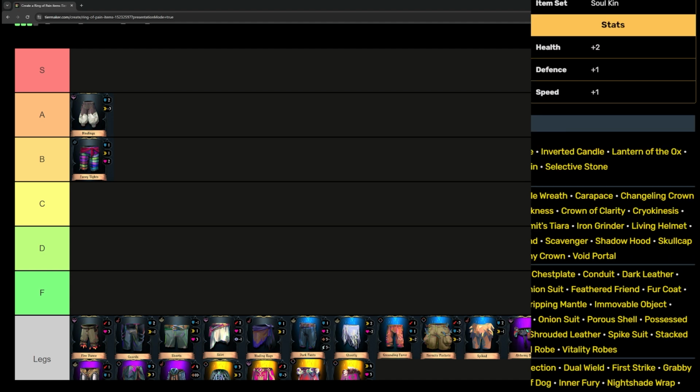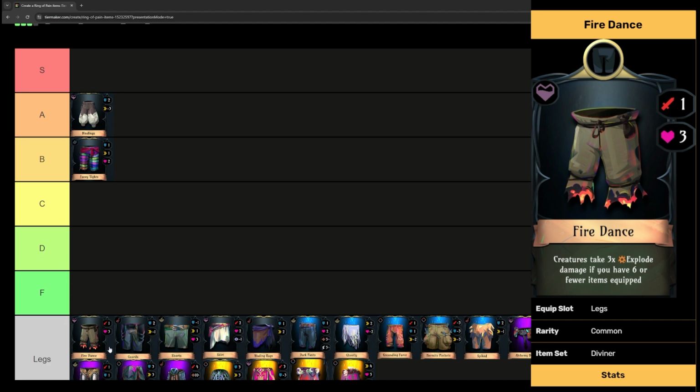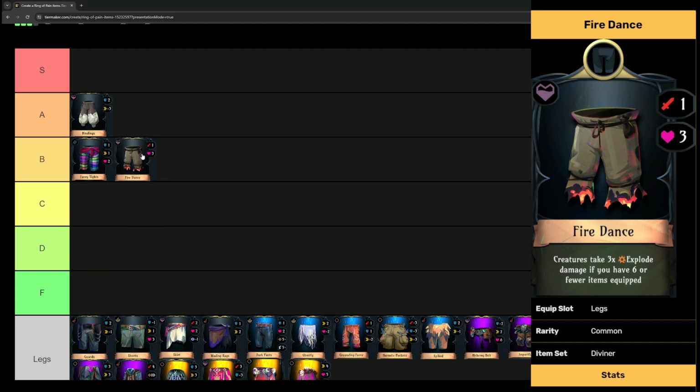Next item, Fire Dance. Fire Dance is one of those items that can be really good, but making them work is kind of like a Tiara build where you have to get this really specific setup of items and things of that nature. But anyways, they give 1 attack, 3 HP, and then the passive reads creatures take 3x explode damage if you have 6 or fewer items equipped. So the 6 or fewer items equipped does allow you to utilize this pretty well,